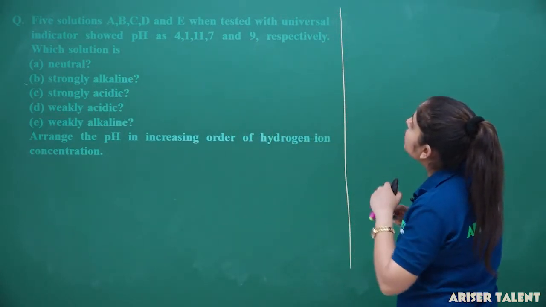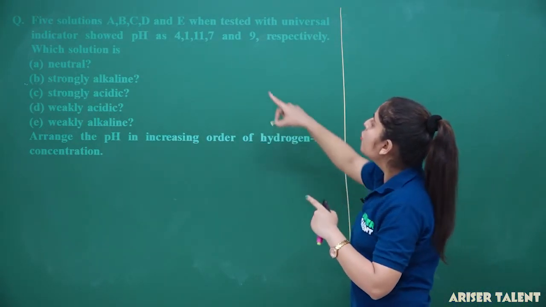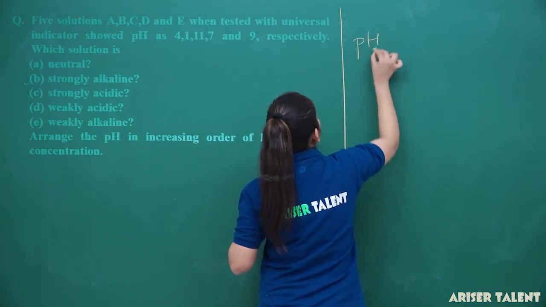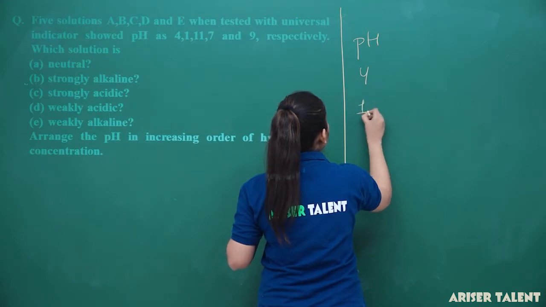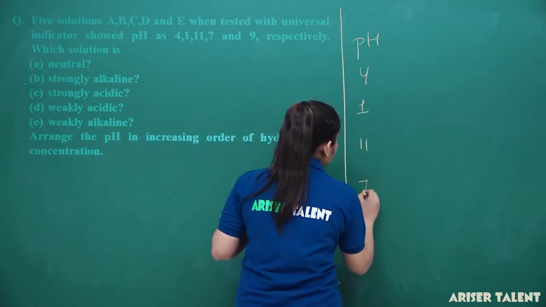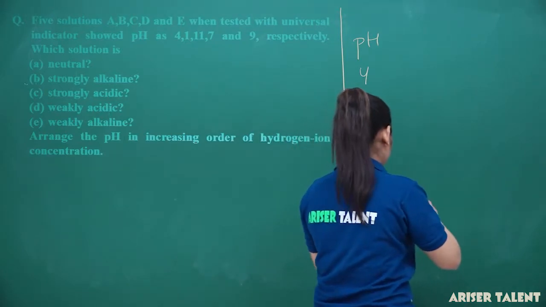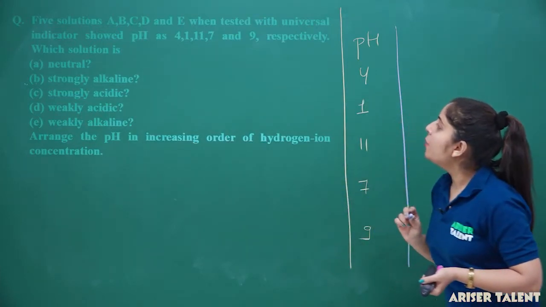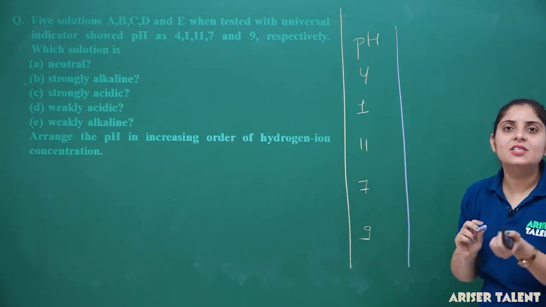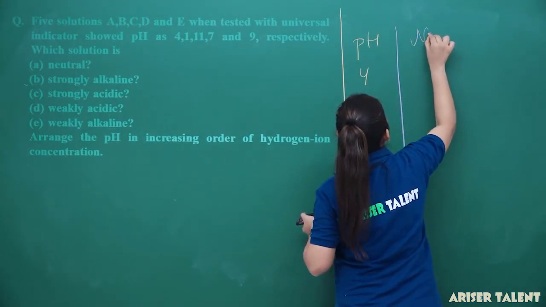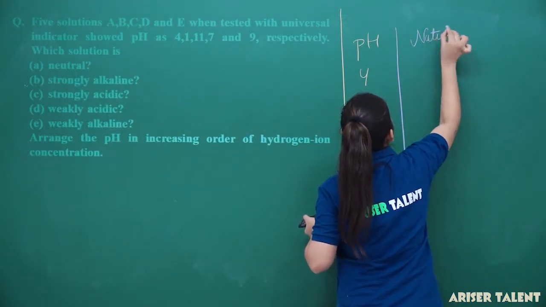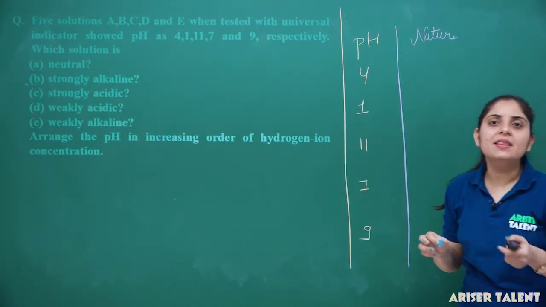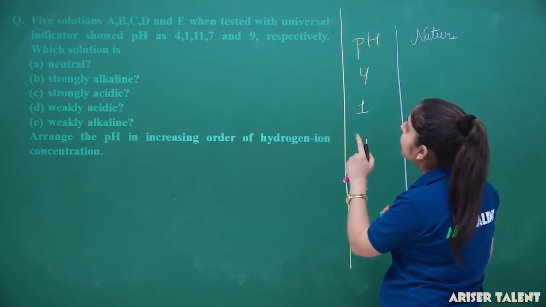So firstly, we will consider the pH of the solution. The pH values given here are 4, 1, 11, 7 and 9. So I am writing here pH, that is 4, 1, 11, 7 and 9. Now we have to check whether the solution is of acidic nature or basic nature. So here I am writing the nature. Now if the pH value is 4, we can say that the solution will be acidic in nature,